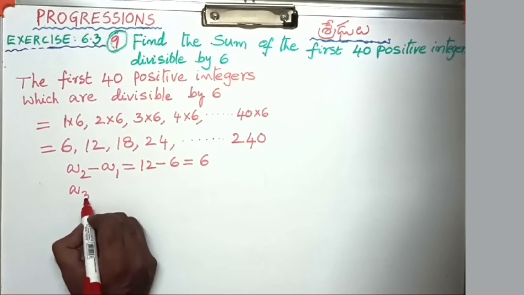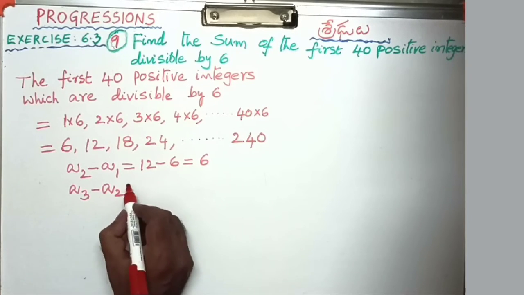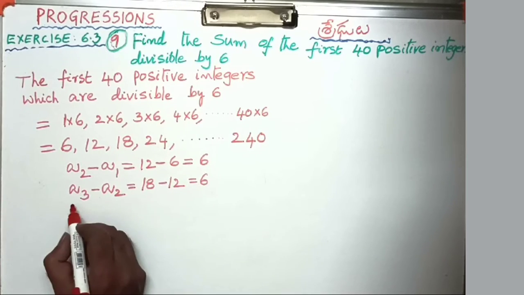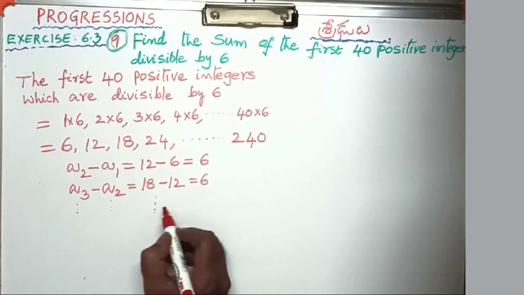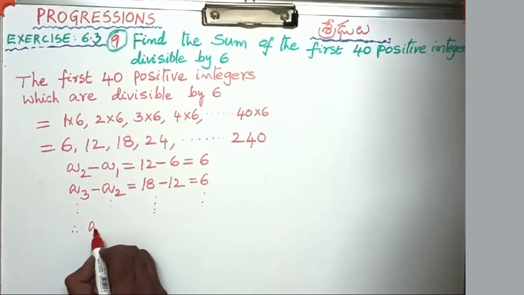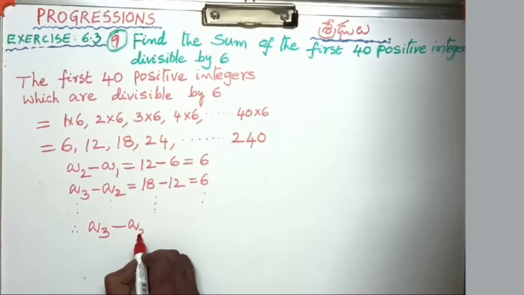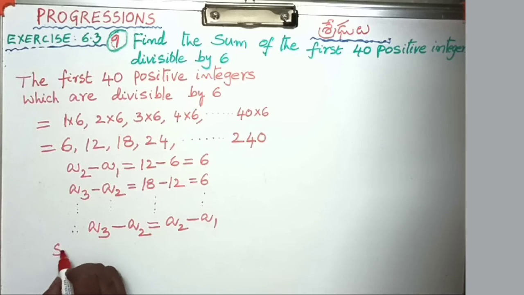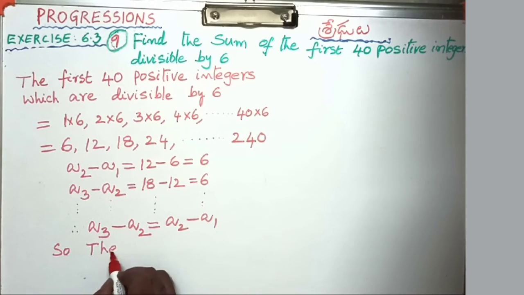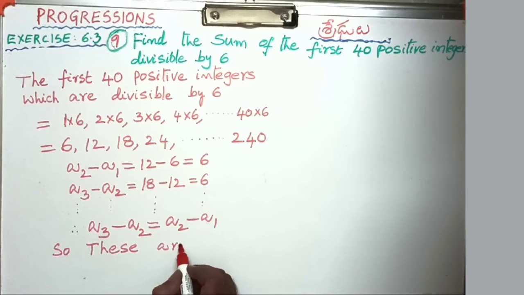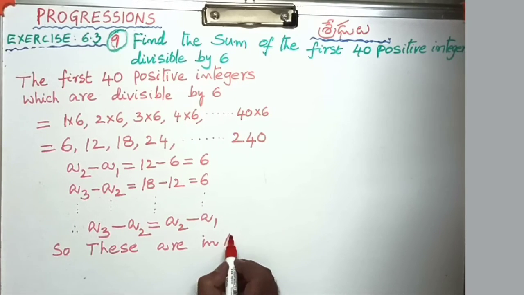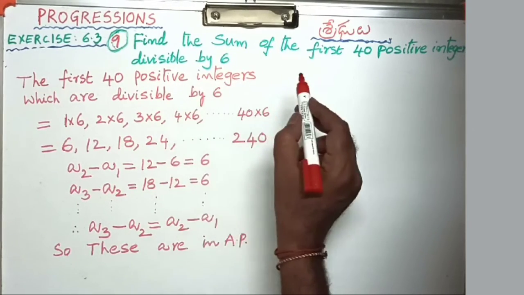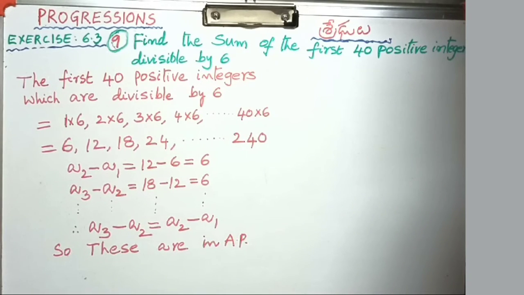అలాగే a3 minus a2 is equal to 18 minus 12, that equal to 6. ఓకే, ఈ విధంగా మనం ఇంకా చేయొచ్చు. సో therefore a3 minus a2 is equal to a2 minus a1. So these are in AP. ఇవన్నీ కూడా అంక శ్రేణిలో ఉన్నట్టు లెక్క అన్నమాట. These are in AP. So we have to find the sum of the first 40 terms, మనం వీటి యొక్క మొత్తం కనుగొనాలి